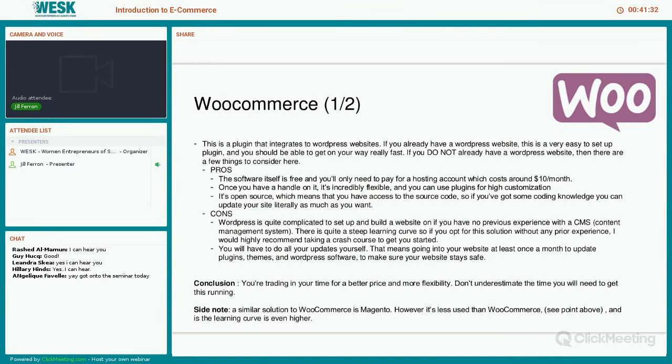And it's open source, so you have access to source code. If you want to change your hosting provider, if you want to update your site, you can literally do anything you want. But so the cons to this system is that WordPress is quite complicated to set up and build